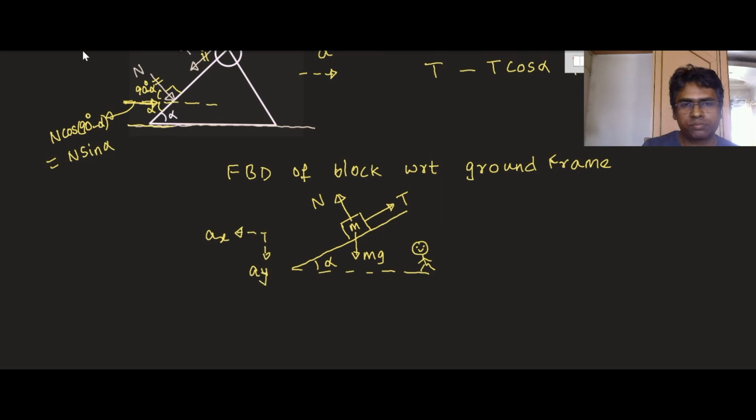Now we will have to resolve the force components along the horizontal line as well as the vertical line. So if I draw a vertical line and a horizontal line, let's mark the angles here. If this is alpha, this is a corresponding angle, so this will be alpha, and then this is clearly 90, so this is 90 minus alpha. Now in the horizontal direction, if I look at it horizontally,